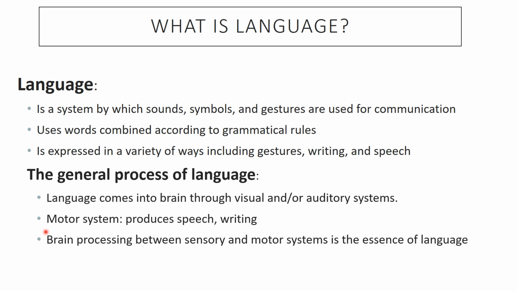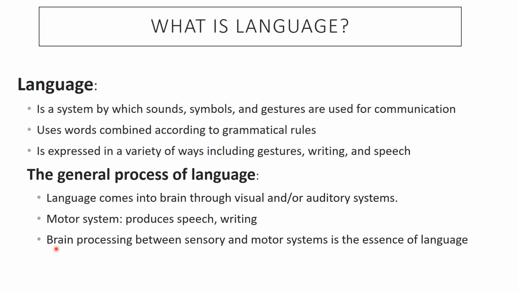Now the motor system is needed in order to produce language. The more fundamental part of what we think of as language, which is just speaking, that is referred to as speech. And we will be talking about the different muscle groups that are involved with that process. And of course, there's also writing, which we're actually not going to discuss in any detail, but we will talk a little bit about reading using your fingers, mainly through braille.